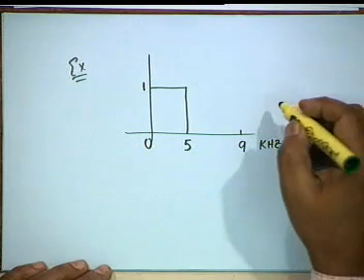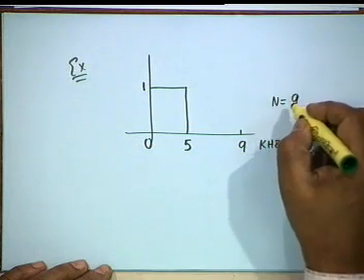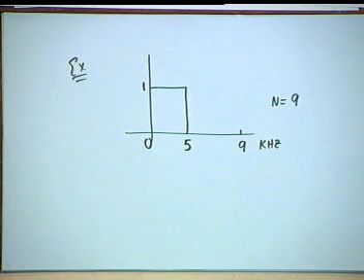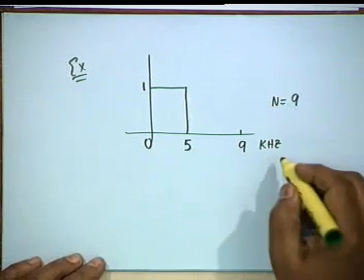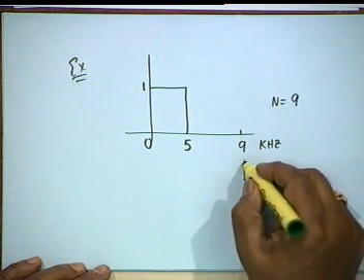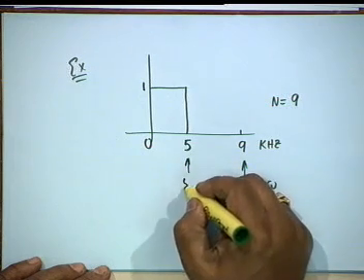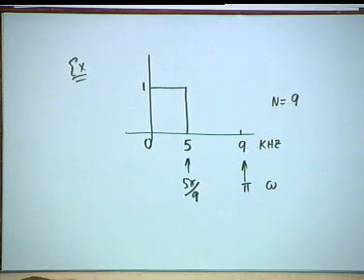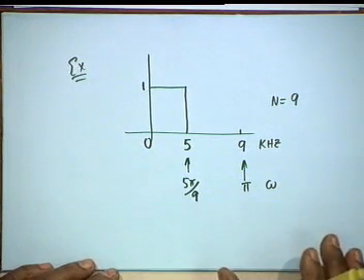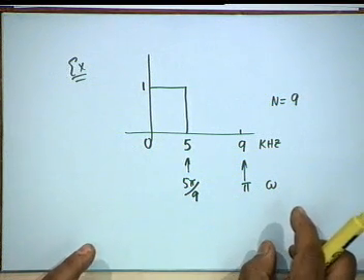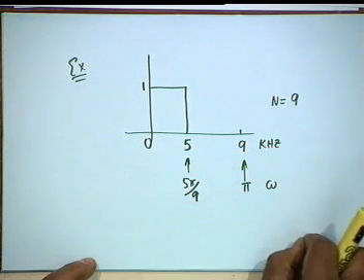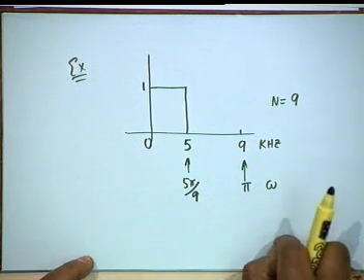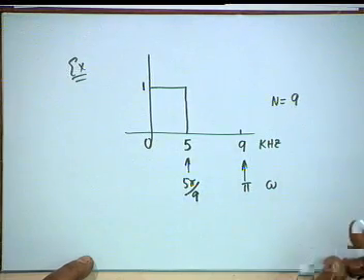This is what we have to design, and it is stipulated that you can use only a length of capital N equal to 9. It is stipulated that way. Then in terms of omega, this corresponds to pi and this corresponds to 5 pi by 9. You have to construct the diagram from omega equal to 0 to twice pi and k equal to 0 to 8, and this diagram,